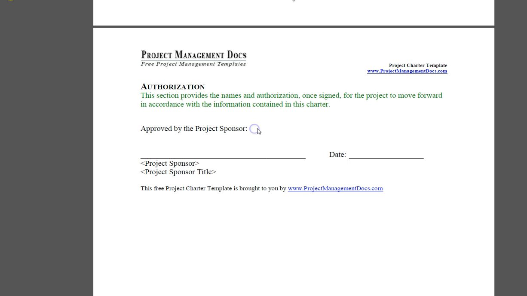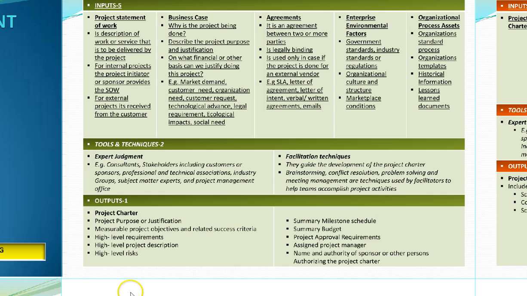So this is important over here. The project sponsor is the one who approves the project charter. He signs it and he dates it, and that's when the project will officially start. Now let's go and see some more